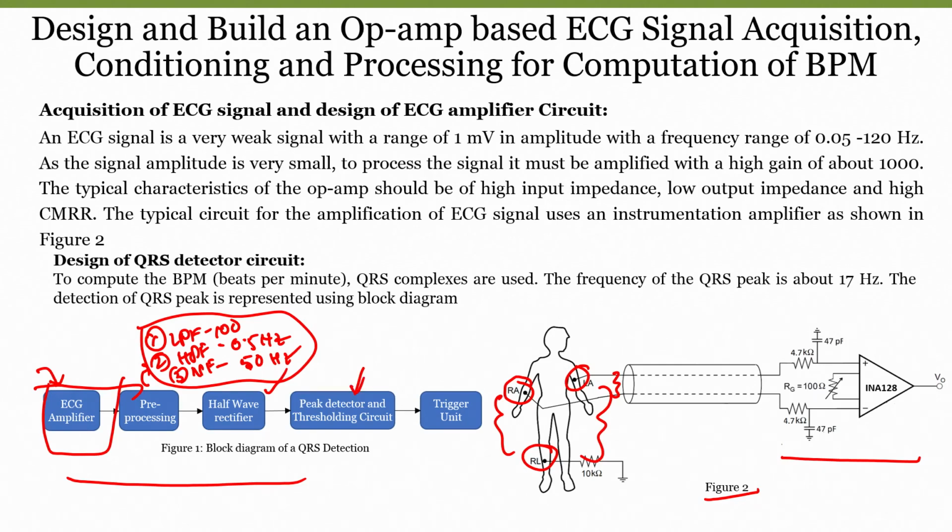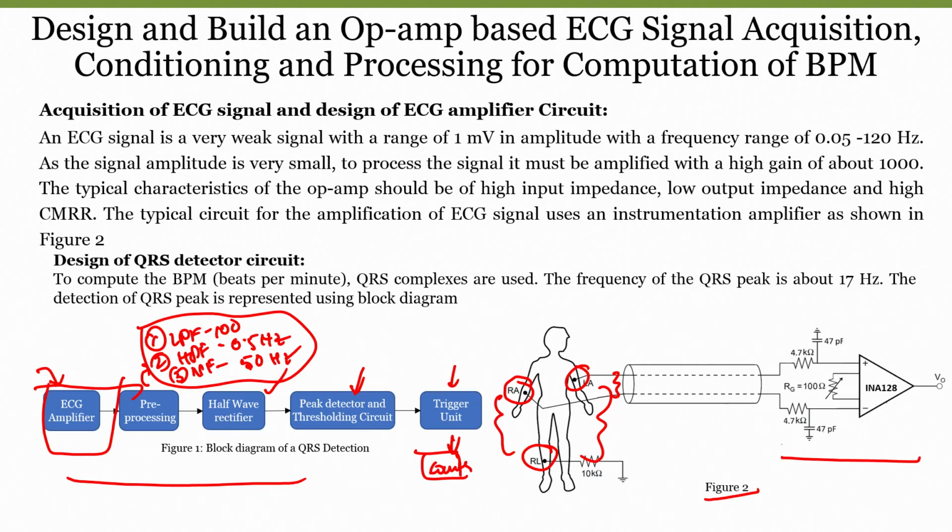Since the counter is a digital part, what we are planning to do is either show it on a CRO, whether we are getting the peaks or not, or we can use some kind of triggering input where it can generate some high voltage whenever there is a peak, and our job is done. If I connect that to some kind of counter which can count only when I get a high pulse, then it gives us a complete indication of beats per minute. So in 1 minute, how many peaks we are getting indicates our BPM.